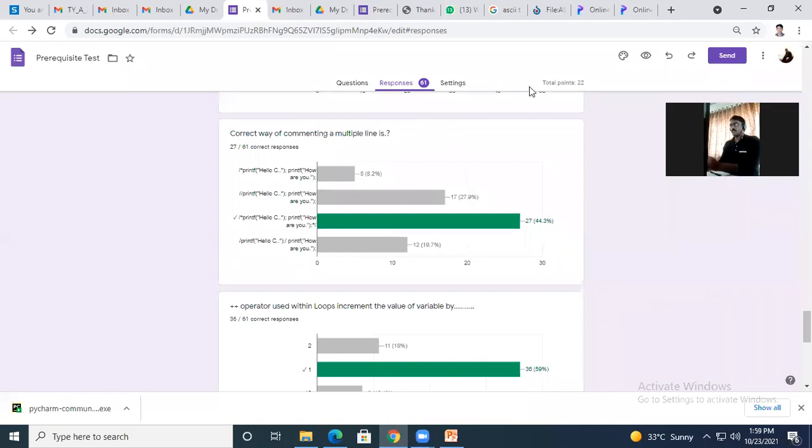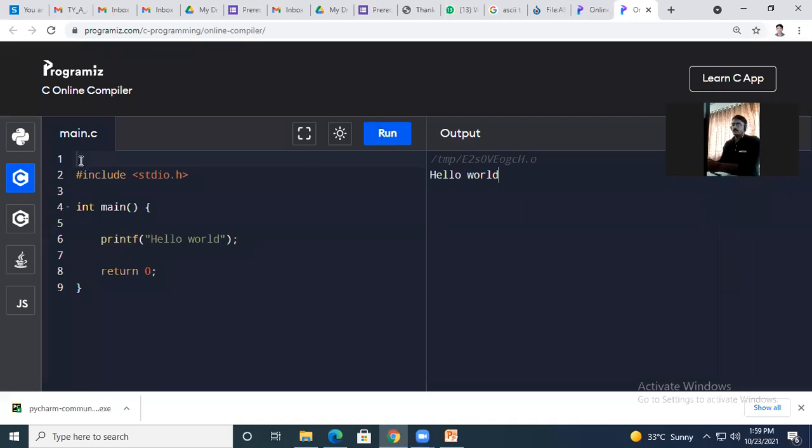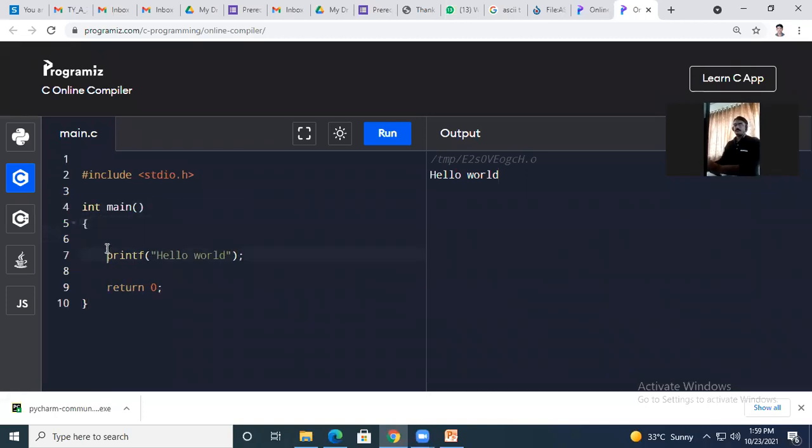For that you should first know what a single line and a multiple line comment are, and why comments are given. Why do we give comments? We give comments only to give extra information about your program, or if you have added some extra function in the program. If you have saved this program, I need to go from this line up to the last line, then I will come to know the program is written to display hello world.